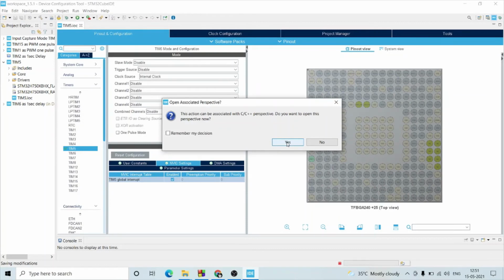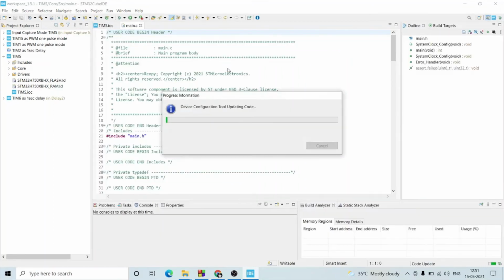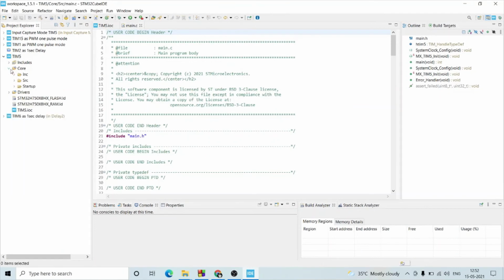The same procedure applies in CubeMX as well. It will only generate the code up to this stage. All the procedures are the same. After generation of code, all our files are here in SRC, timer 5, Core, SRC.